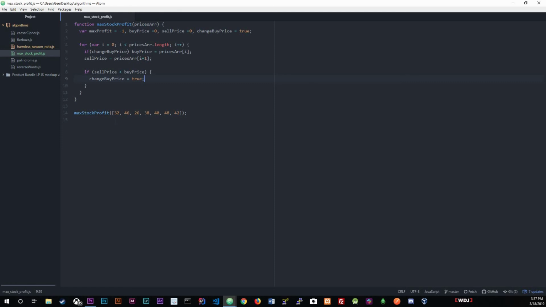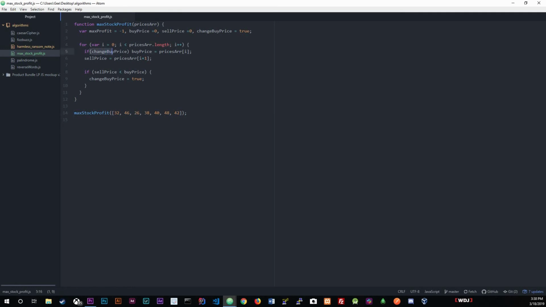We know this for a fact because we go right here, it's pretty good. So I stay at 32, I move to 26, that's pretty bad. And like I said, this is irrelevant. So I move my 32 to the 26. We change our buy price. So once it iterates again,